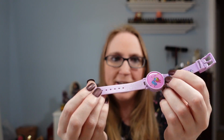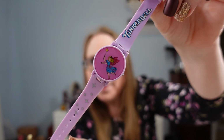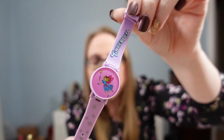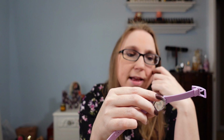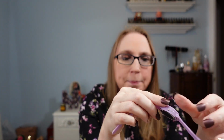This next item I also won at an auction, and some of you might recognize this. This is a Tinkerbell watch. This is not Disney Tinkerbell. This Tinkerbell is, I think they came out even before the 80s, but there was like a little girl's cosmetics company called Tinkerbell Cosmetics, and they sold all sorts of stuff like lip gloss and lotions and perfumes and stuff like that, like